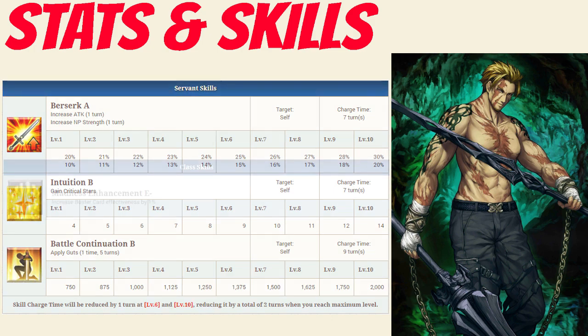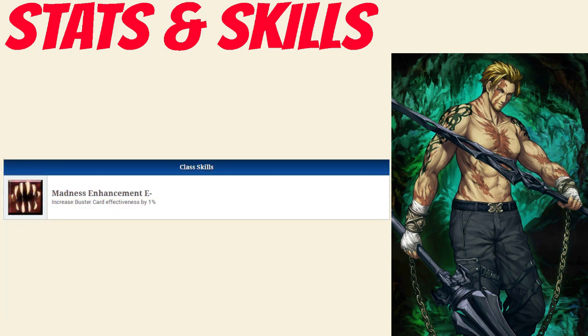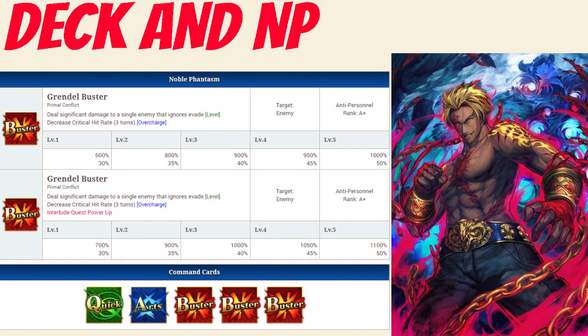Taking a look at his passives, his only passive is Madness Enhancement Rank E-, which increases Buster Card effectiveness by 1%. As for his deck and Noble Phantasm, Beowulf has a Buster Berserker deck with Quick, Arts, Buster, and a Buster Noble Phantasm. His Noble Phantasm is Grendel Buster, which deals significant damage to a single enemy that ignores evade,